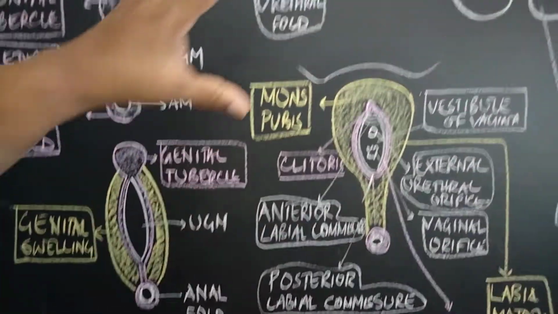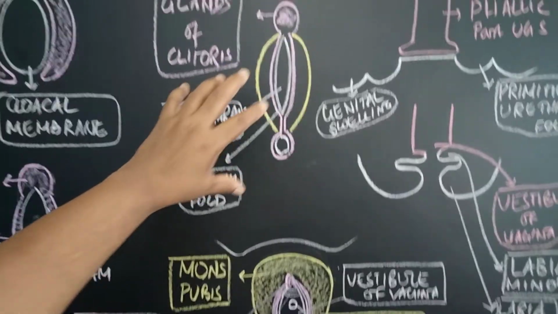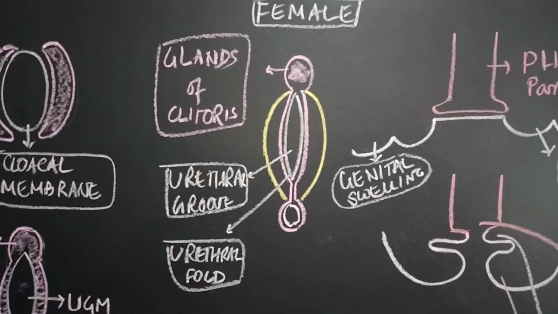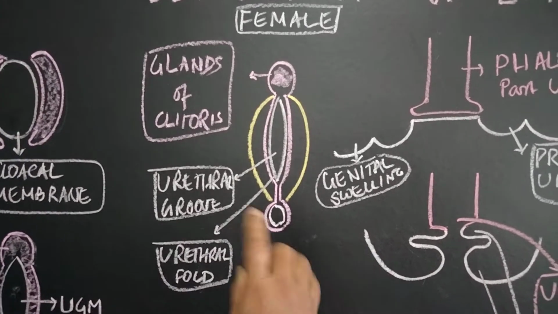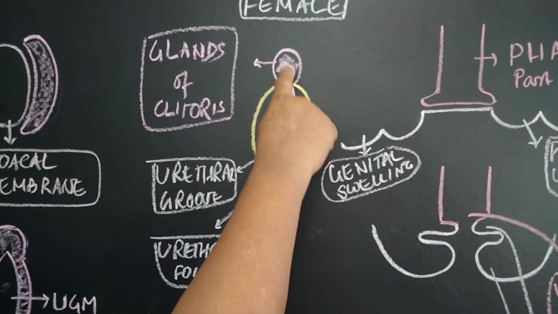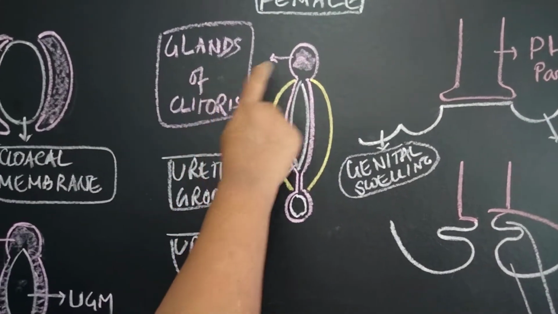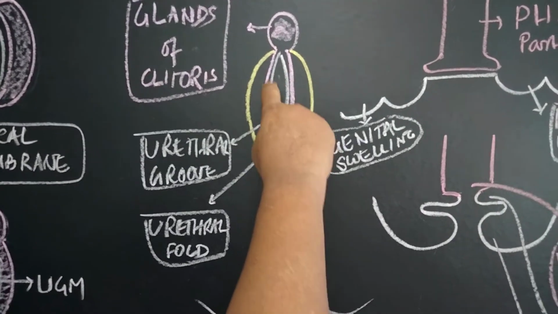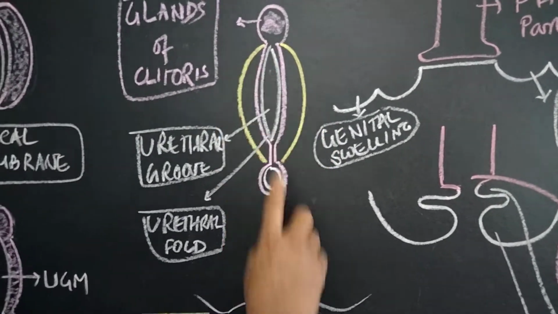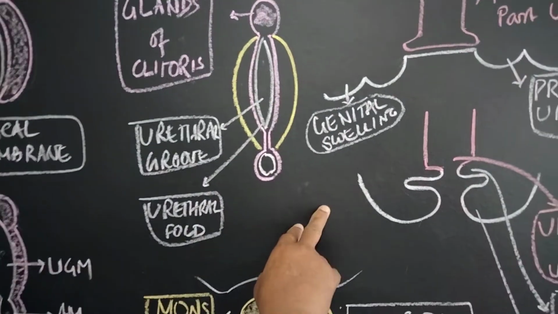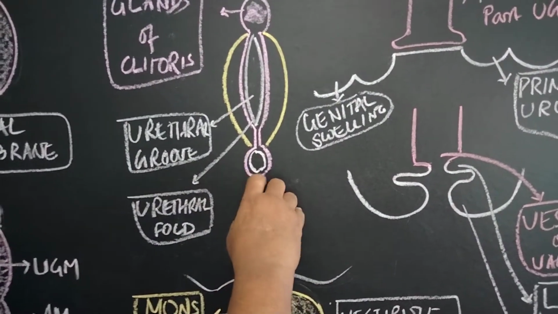Now under the effect of the estrogenic hormone secreted by the maternal ovary and also from the placenta, the effect will be on this tubercle. So the genital tubercle becomes the glans of the clitoris, and this will form this genital membrane. There is a formation of a groove, this is called the urethral groove. Surrounding this is a major fold, that is the labia majora fold, and then this is the anal membrane.